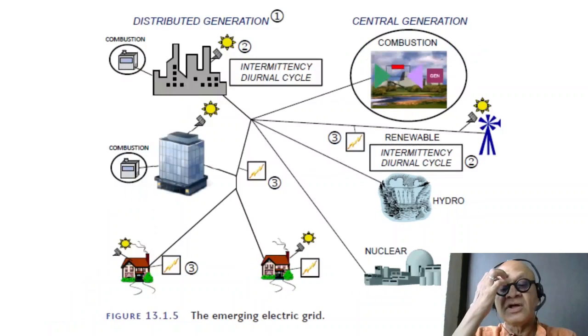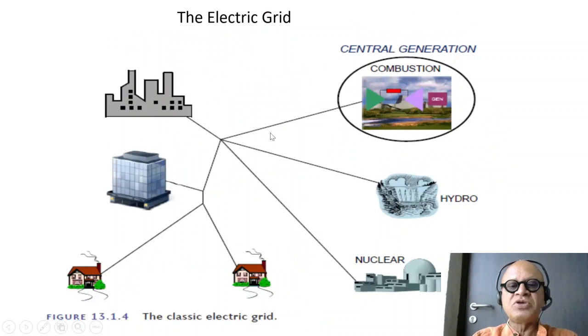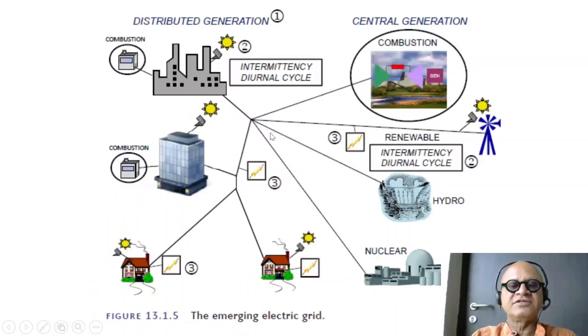How is the electric grid emerging or evolving over time? So you can see how this figure is going to be used to add more details along the way. Okay, there is our central generation. Now the grids are regularly accepting renewables from photovoltaic and wind energy, which adds the need for storage. So this is here the storage to deal with the intermittency because of the diurnal cycle, seasonal variability, and so on. And there is also combustion happening at the